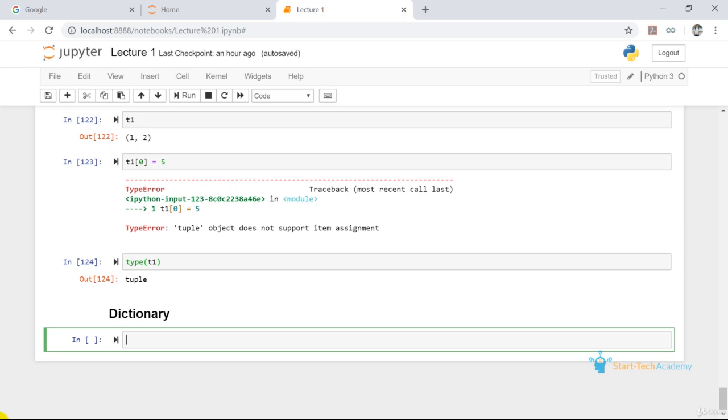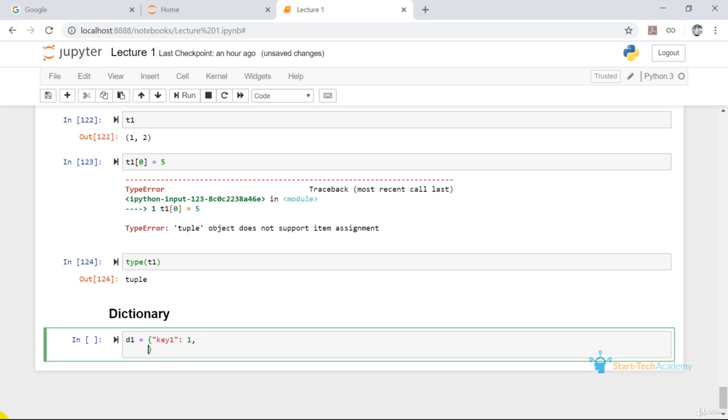So to assign a variable d1, which is a dictionary, we'll write equal to curly brackets. Now here first we have to write the key 1, and then write colon and the value of this key, which is 1, comma key 2.